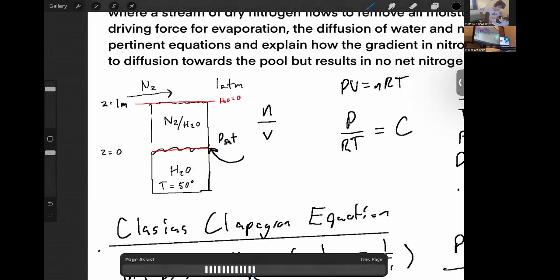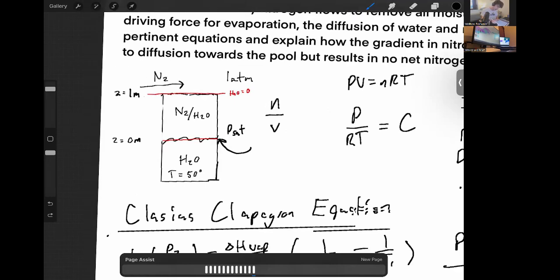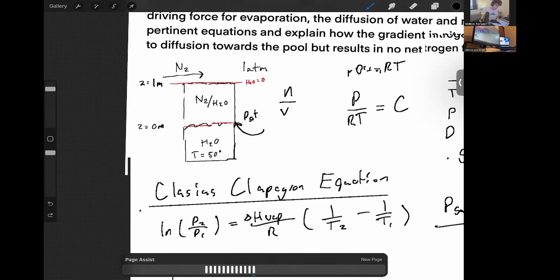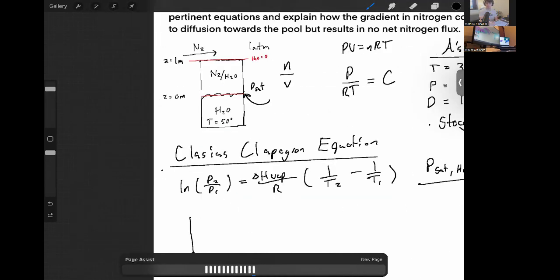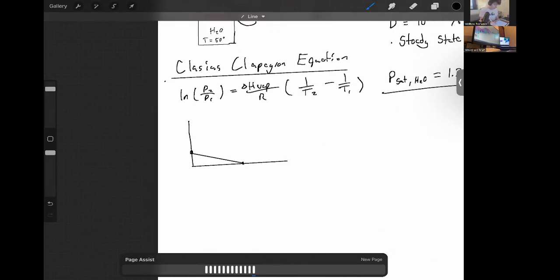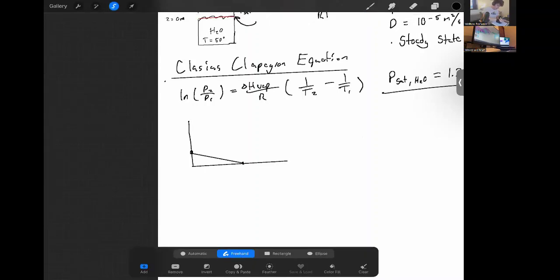here, we know that as it begins to travel up and away from that source of water, its concentration is probably going to get lower until eventually it reaches this top membrane over here to a very infinitesimally small number until basically it's zero. And it's probably not a straight line, but again, this is just to show the general trend. We know that we have a net molar flux here because we have